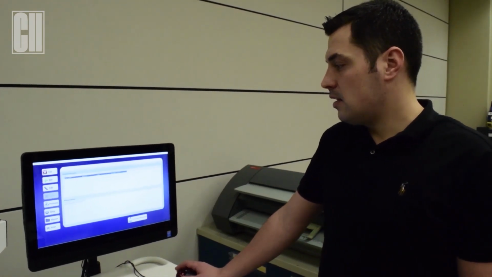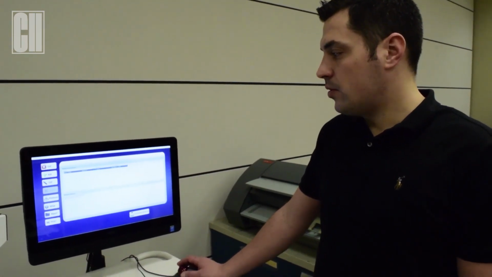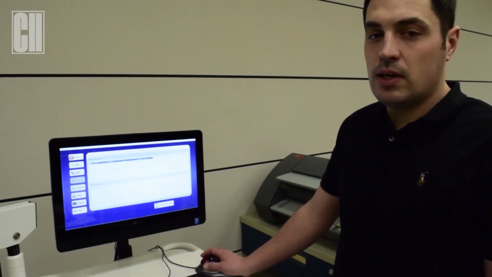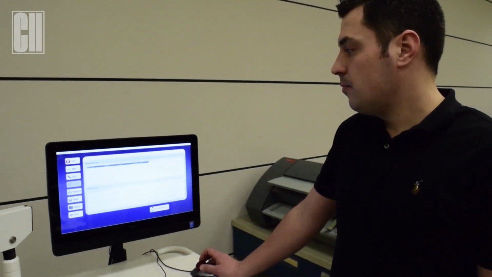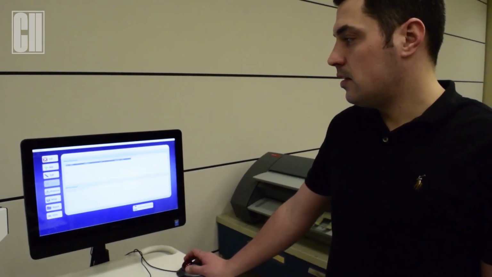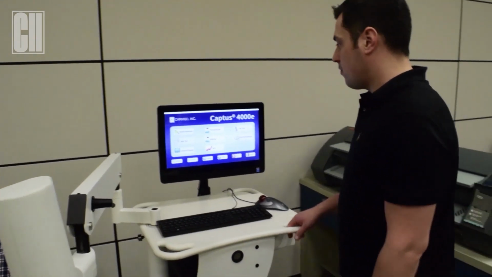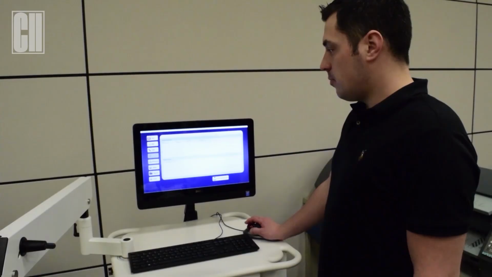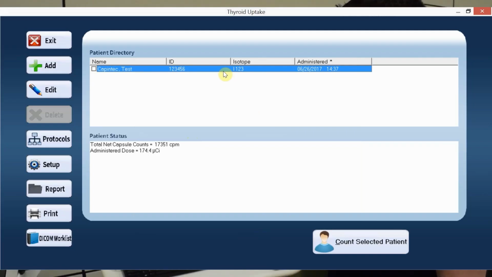Once this is done, the patient will come back for their 4-hour, 24-hour, or 6-hour, depending on the protocol set up for your facility. In this case, it's going to be a 4-hour uptake. So we'll exit and wait for the patient to come back for their 4-hour. The patient came back for their 4-hour study, so you go into Thyroid Uptake. Select the patient we're going to do the study for, and selecting the patient is highlighting the name. So we're going to select the patient,